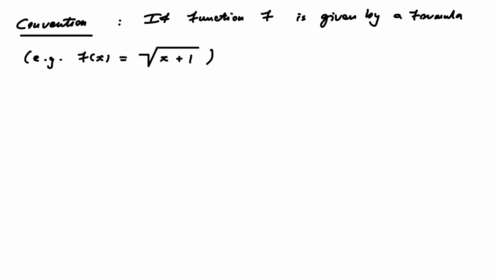So if I say my function is the square root of x plus 1, I'm giving you the rule, but I'm not really telling you the domain, am I? And that is part of the information you have to be given. So the convention is the domain is just as many x's as will make sense. So the domain is all, the domain, I maybe should say, unless otherwise stated. So sometimes you might say this formula with this restricted domain. That may happen, but I should say the domain unless